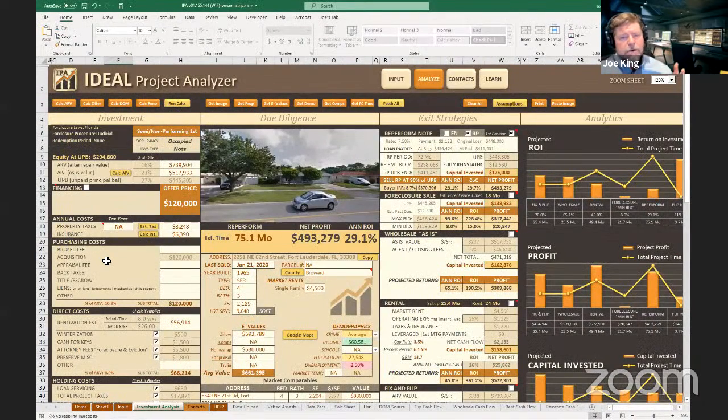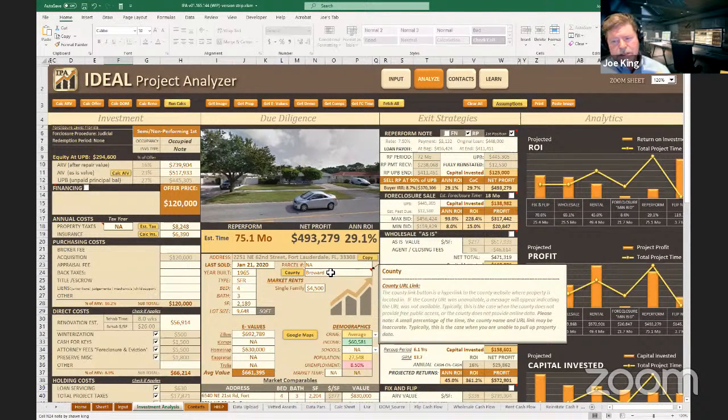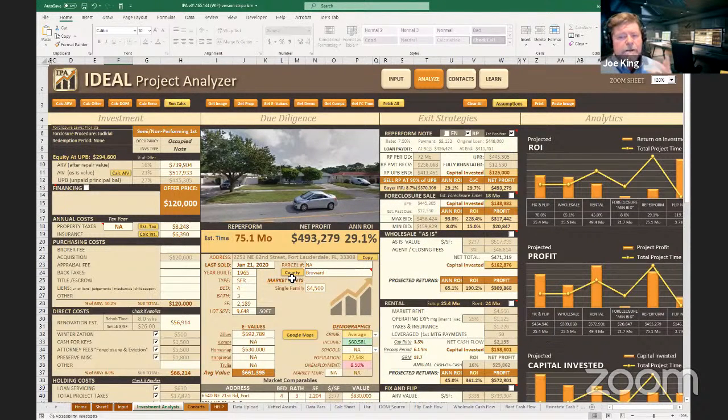Now, what we don't know is if there's any back taxes owed on it. We don't know if there's any liens, mechanical liens, and so forth. So we'd have to do a little due diligence on that, which we've actually added some buttons in here for you to do some of that stuff. Like we've added this county button that you can click on, which in this case, the county website isn't available, but we can do more research on the county of Broward in Florida, and we can find what we need. Once we find that, we can enter any kind of back taxes